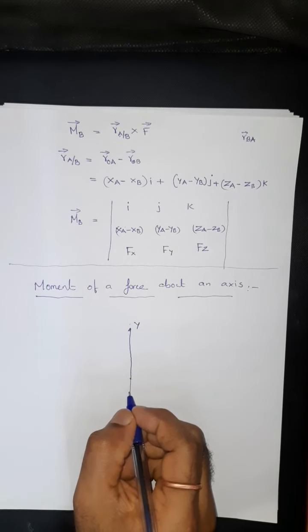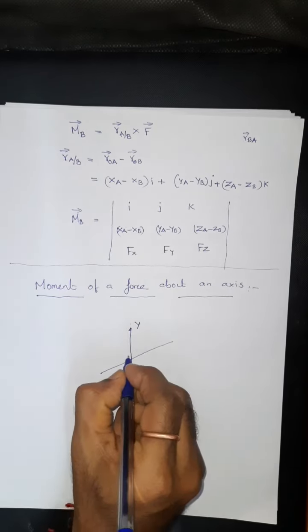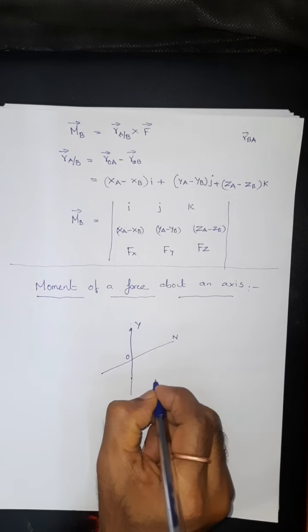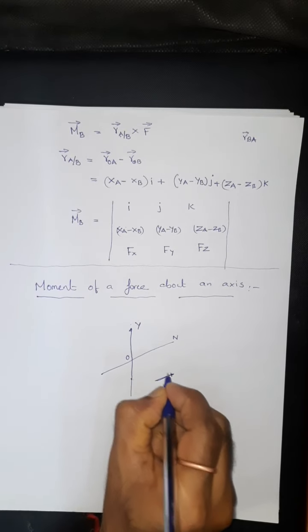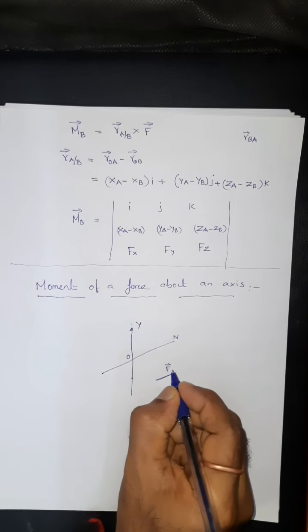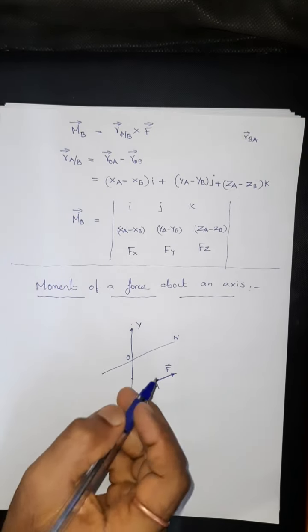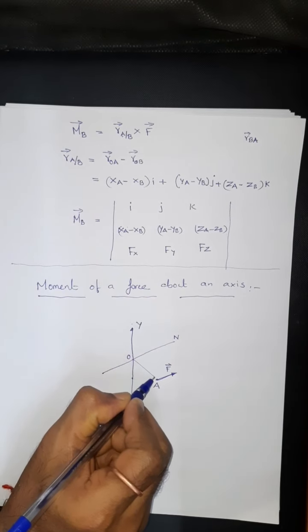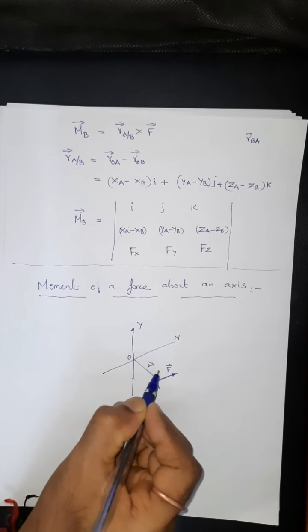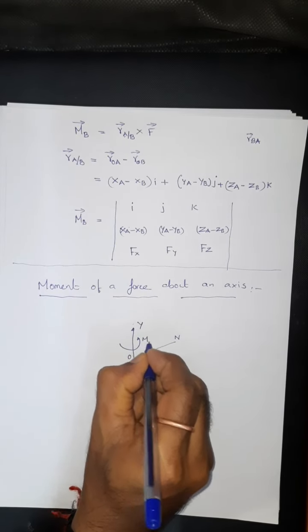Right, and then let me just draw some axes, and this is the origin. Let me consider this as N, and the force acting here is the force vector, isn't it? This is a force vector. And this point, let me take as A. Its position vector from the origin can be represented as R. And its moment could be in this direction. So, moment about origin O.